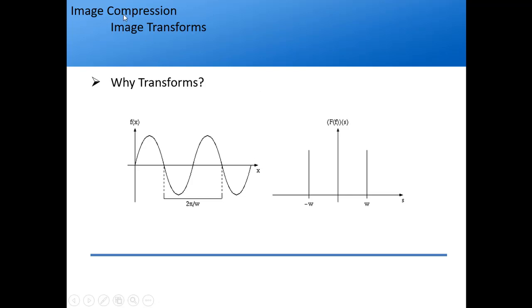DCT is a transform. So the first thing we address is why we use transforms. You have used Fourier transforms and Laplace transforms in your previous years. Why are they important? We take a simple example of a sinusoidal signal. If I take a Fourier transform of this signal, what I get is this signal. This signal is continuous in time, so it has a value at each and every instant of time. But the moment I go to the Fourier transform, that is the frequency domain, I have only two instances, at minus W and plus W. So it is very simple to work on this signal in this domain. But since we understand the time domain, for that we have the inverse Fourier transform.